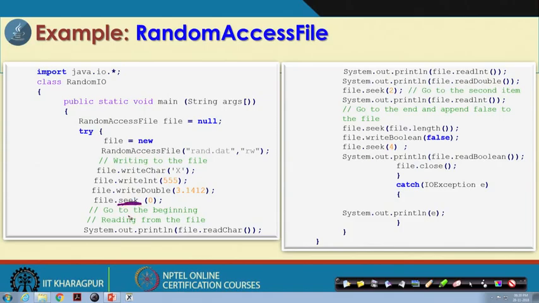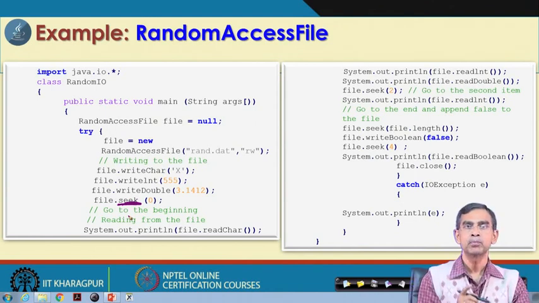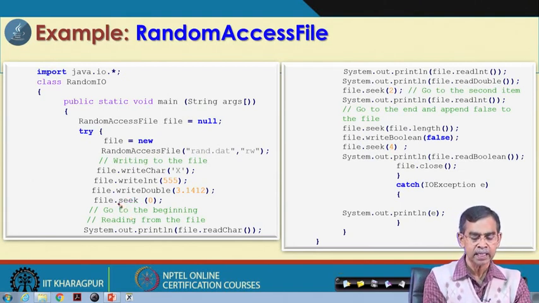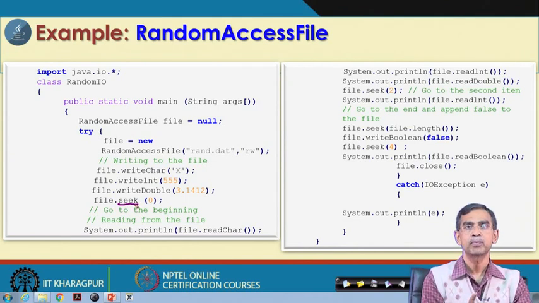The seek method is a very useful and very important method. It allows a programmer to move the file pointer to any location where the programmer wants. Seek means positioning the pointer at a location. The parameter is very important: it states where we want to place the file pointer.